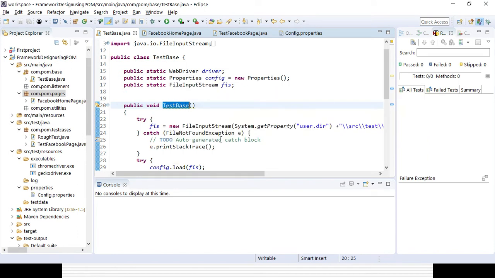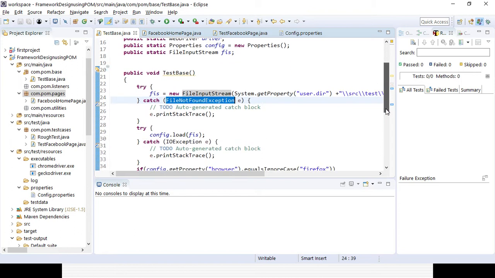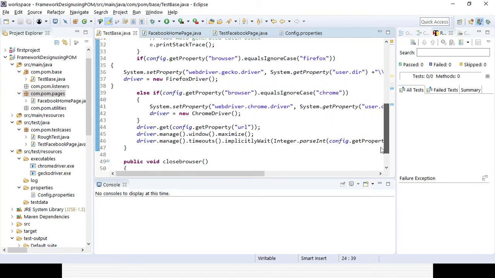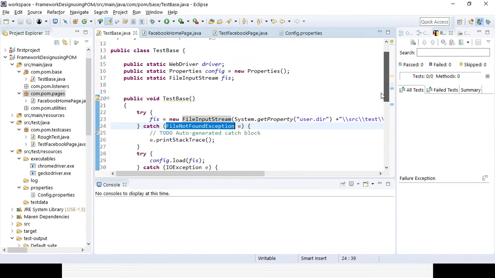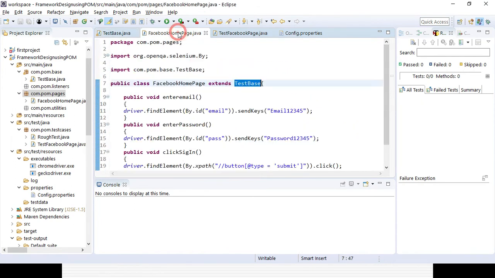I want to launch the browser based on the config parameters. I want to load the URL. I want to add some implicit timeout. I want to maximize the browser. So that is the reason I am extending that particular class to the Facebook homepage class, whatever I have created in the pages package, com.form.pages.